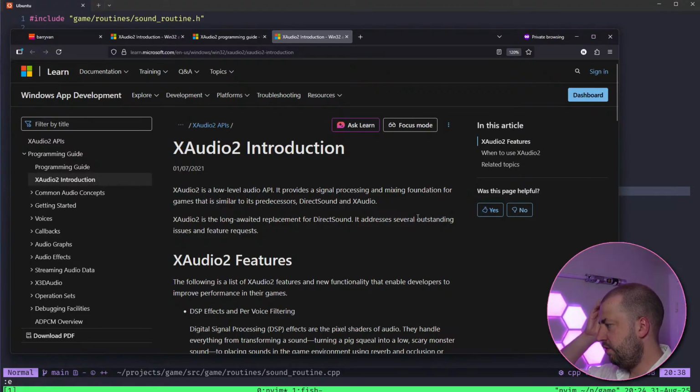Why not use STB Vorbis? Because I want to do it from scratch as much as possible, and I kind of want to learn a new API. You might argue that STB Vorbis is pretty low level and pretty from scratch, but I'm interested in how you actually do it with just the platform. I know it's direct... is it DirectX? No, it's probably not. It's just its own separate thing. But this is what Windows gives you for doing audio, so I'm interested to see how that works.